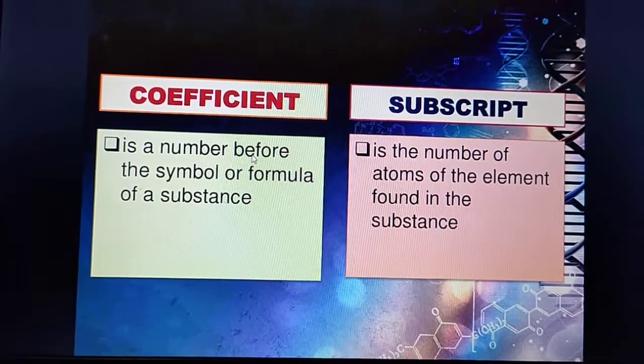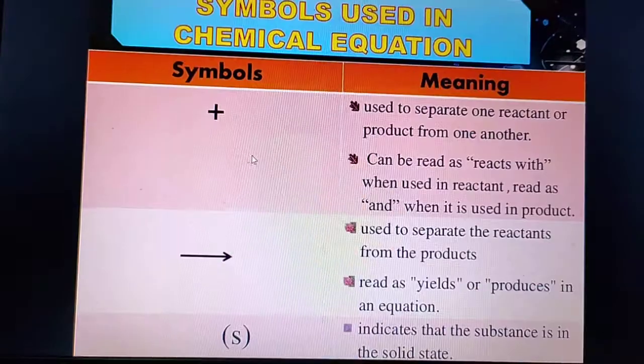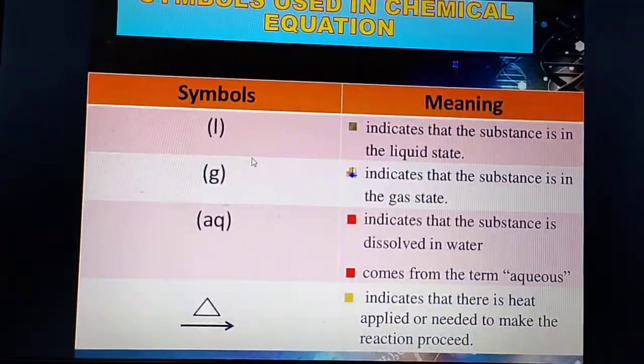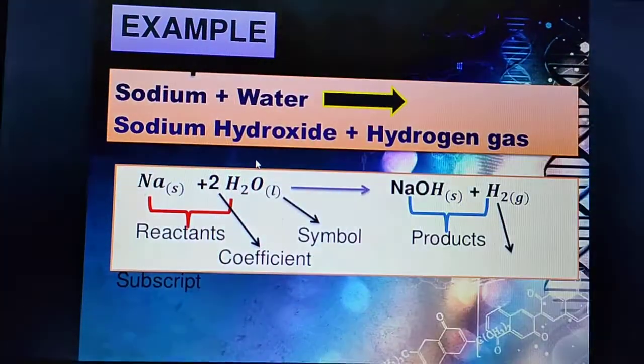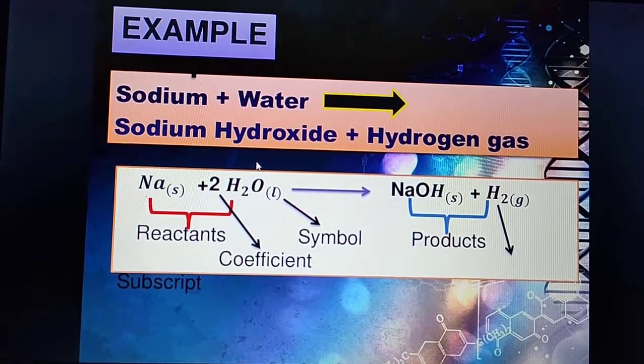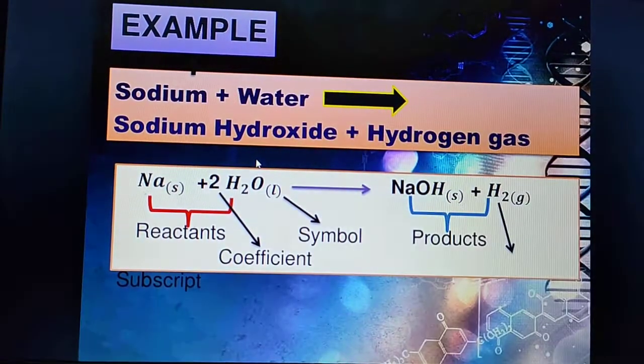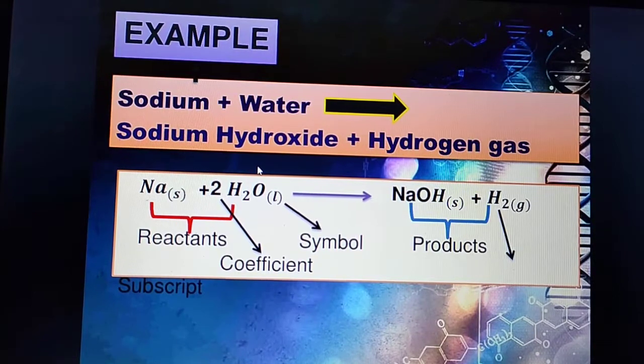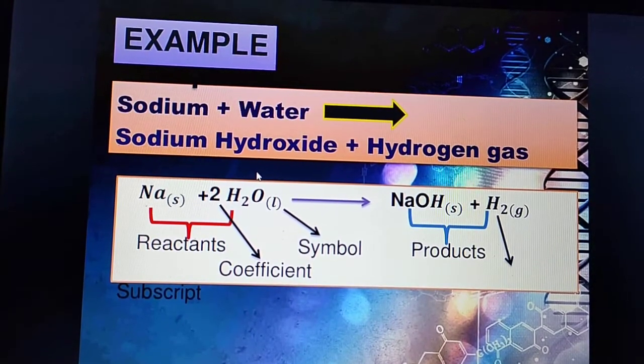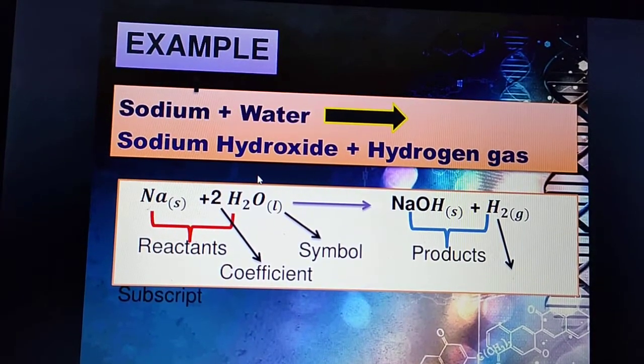It is the number of atoms of the element found in the substance, like O2. Remember O2, like here H2, 2 is subscript, and this 2 is coefficient. You can see here 2 is coefficient. So you can see that reactants are sodium and water, products are NaOH and H2, and you can see that